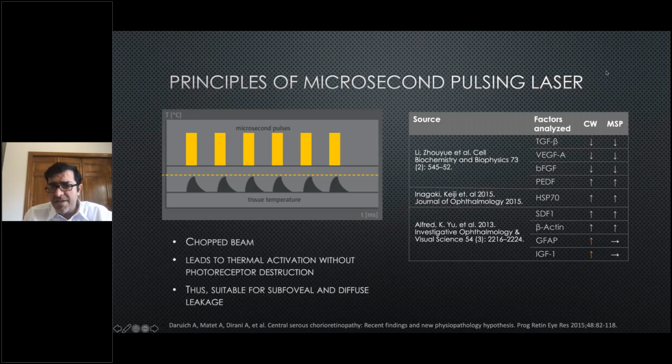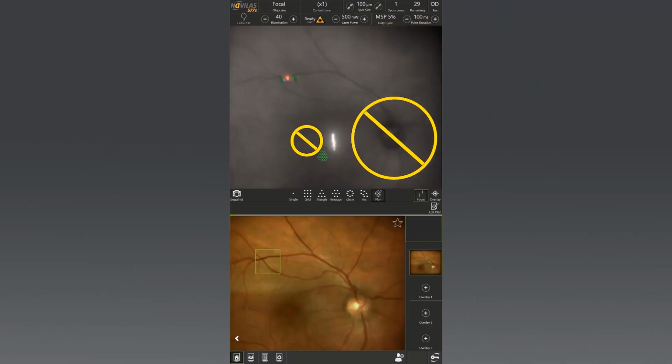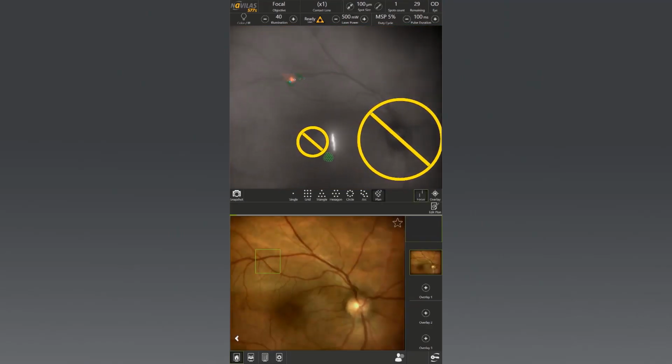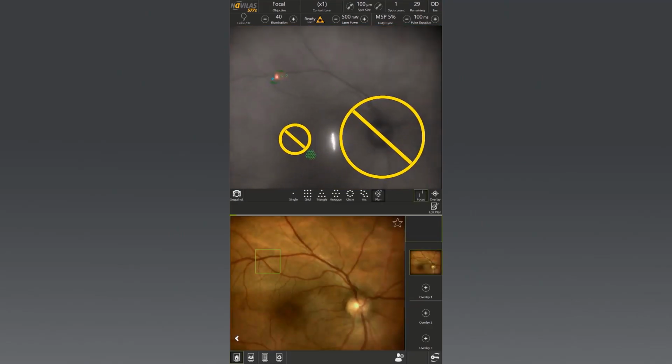So what is the evidence for subthreshold laser? As you can see, these biochemical changes have been reported in these three publications, and these changes happen with the microsecond laser. I would say one of the most important is HSP70, which is primarily responsible for the efficacy of the subthreshold laser. This is the video showing how the microsecond pulse laser is done using